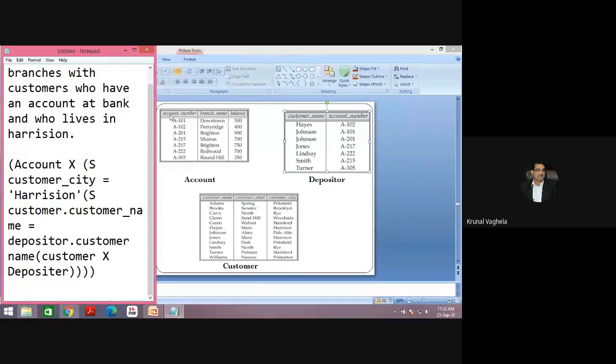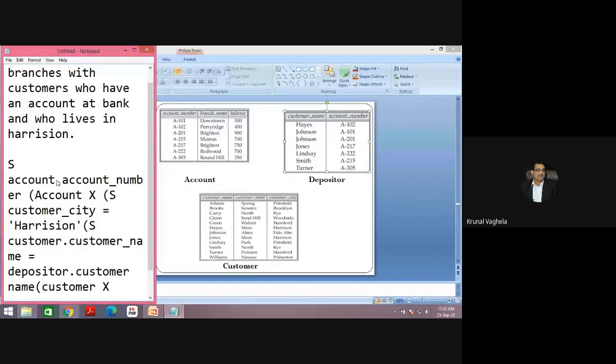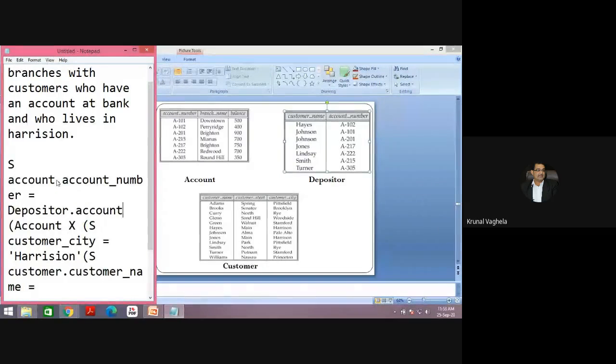I need to select where account numbers match. So I will write select account dot account underscore number is equal to depositor dot account underscore number. So it will only give you the records matching on account number.